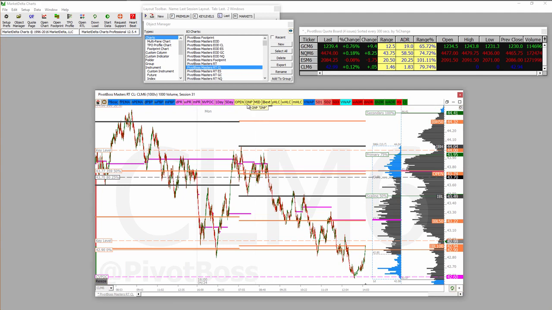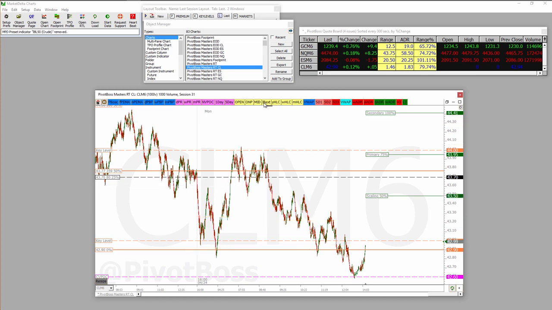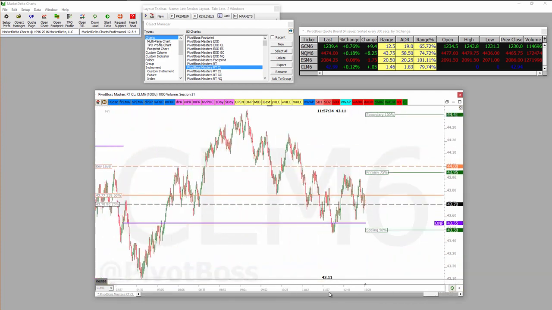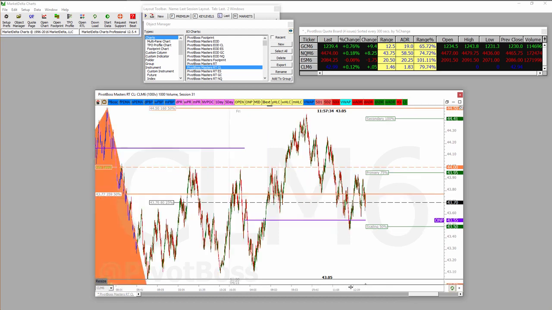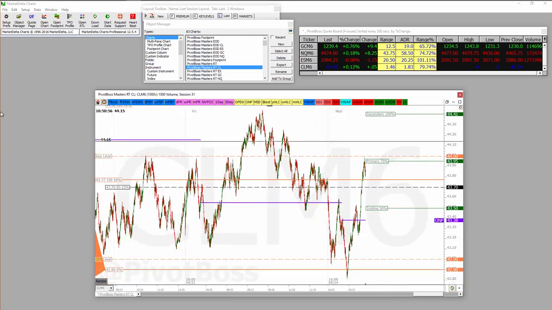Crude oil is probably one of those markets where I've seen the biggest reaction to some of these overnight pivot moves. I mean, they're just really, really nice. Sometimes, I mean, it's just uncanny. But you can see how it can become a key level just throughout the day and just become something where it chops here, then tries to go back, then it goes up, then it comes back.